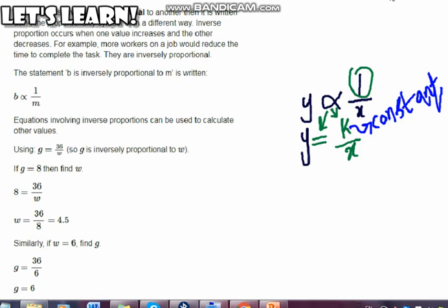This is a big huge example of inverse proportion around you. With this one example of speed, the more fast you travel, the less time it will take you to reach the destination. So these are some applications, like when construction people are given a project, what they do is they estimate material. कितना टाइम